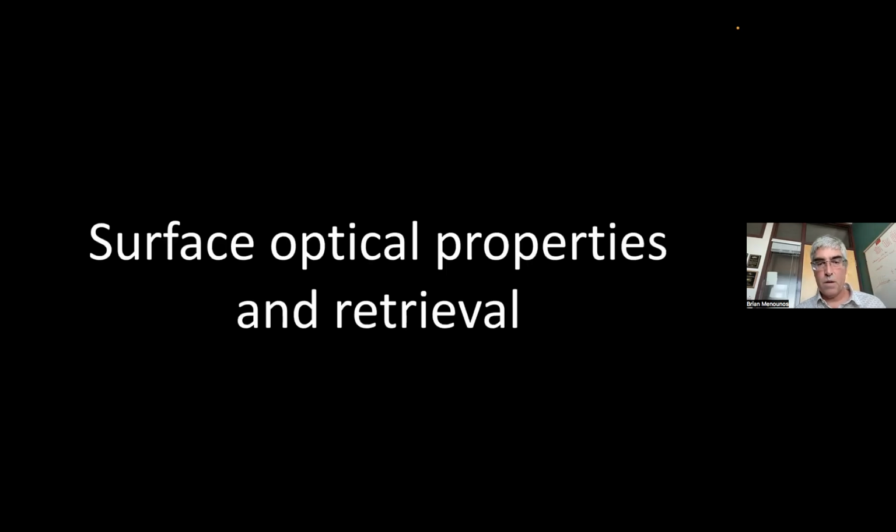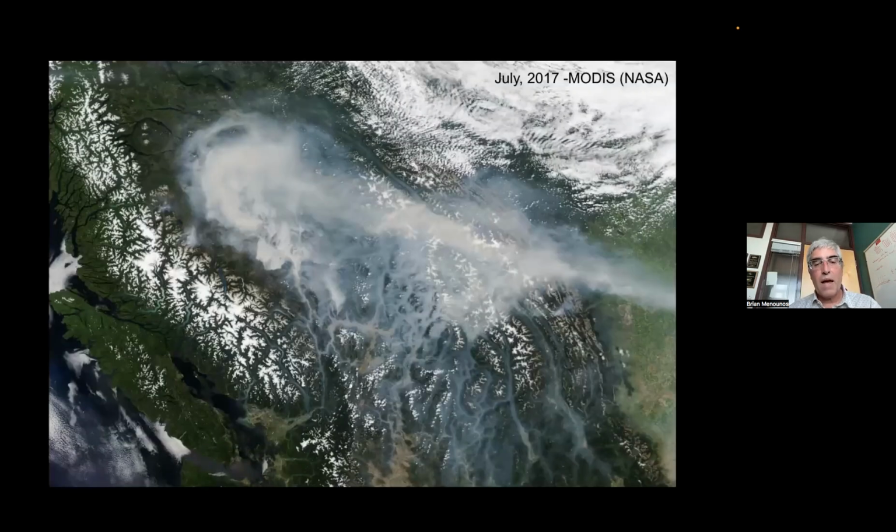Okay, and my final example, if I'm doing okay on time, is I will just briefly introduce some of the more recent work we're doing with this aircraft, and that is to say something about the surface optical properties. So one of the sensors we have aboard is this hyperspectral sensor, and we can say something about impurities that may be deposited on these snow and ice surfaces.